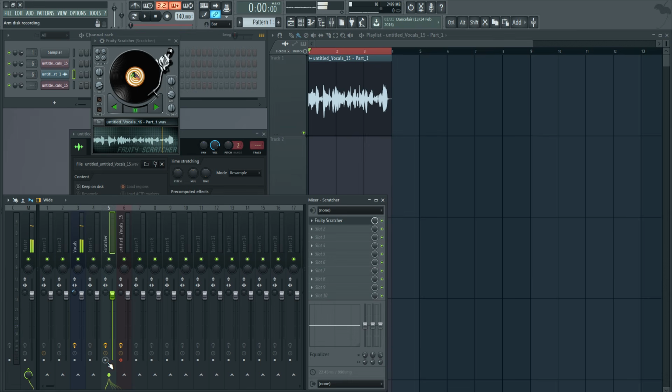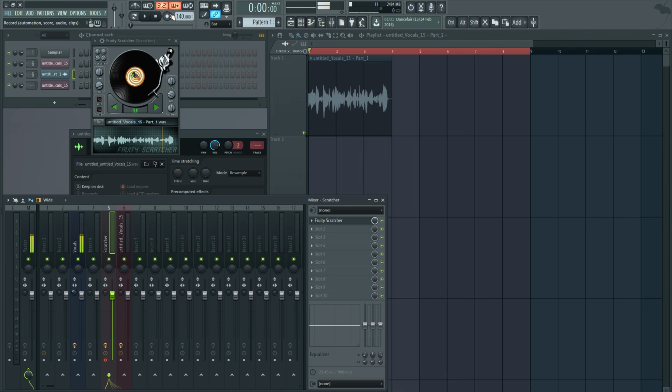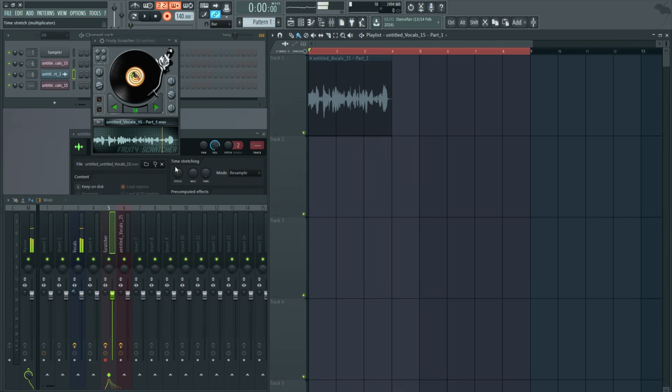What we can do is just hit the record like we did with the other one. And instead of recording with the Alt and R button, we can record it in the playlist as an audio file like you would with the audio. So I'm gonna hit record. I'm gonna go here and do a little bit of scratching or forward and scratch.